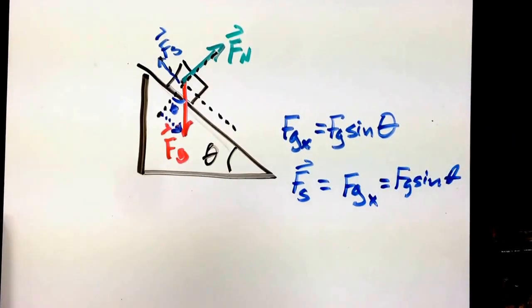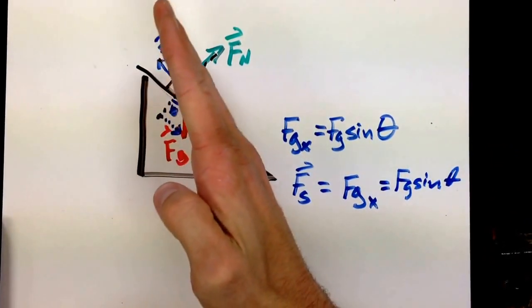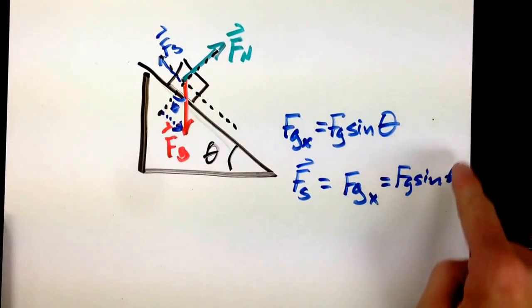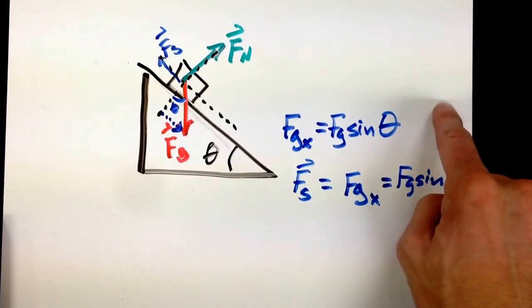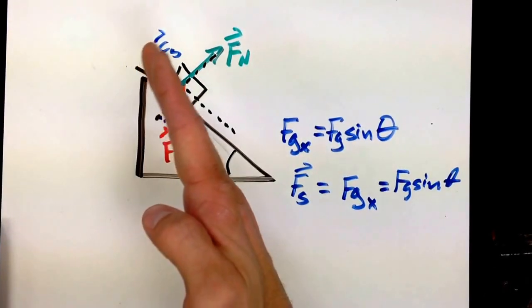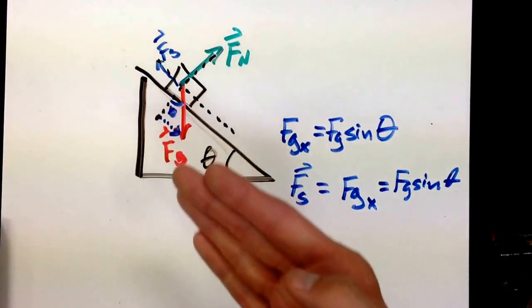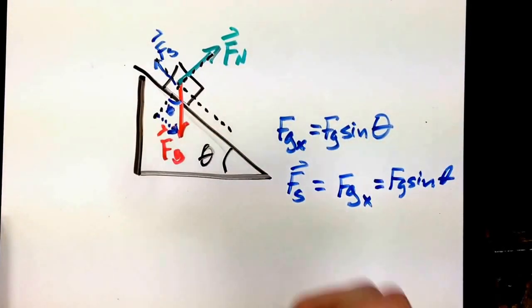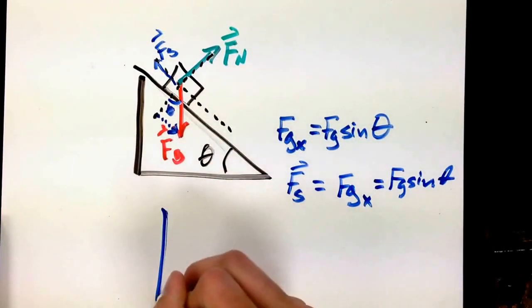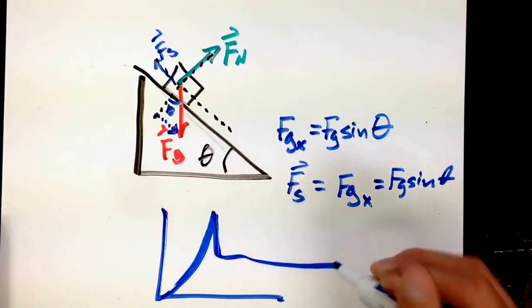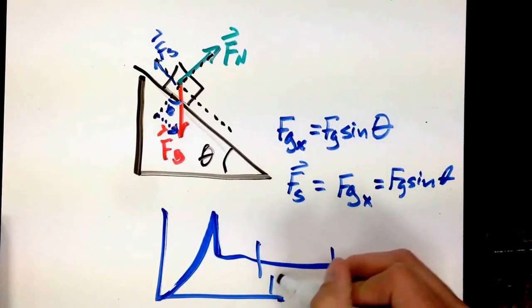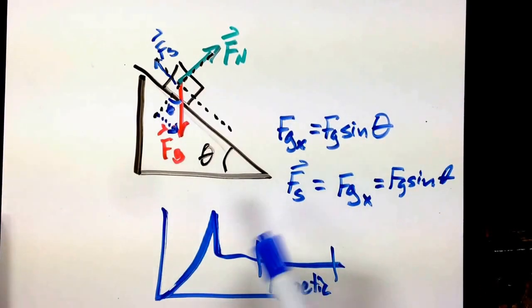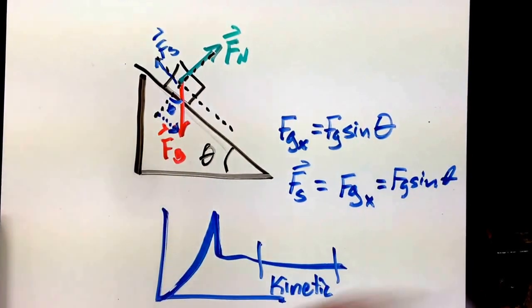And so just think about this. If I increase the incline of that ramp, if I increase theta, the closer theta gets to 90, the larger sine of theta becomes, which means if I increase that angle, the more and more static friction I would need. Static friction reaches a point where it can't exceed and it breaks and starts to slide. And this area would be kinetic friction. So kinetic friction would then just be equal to